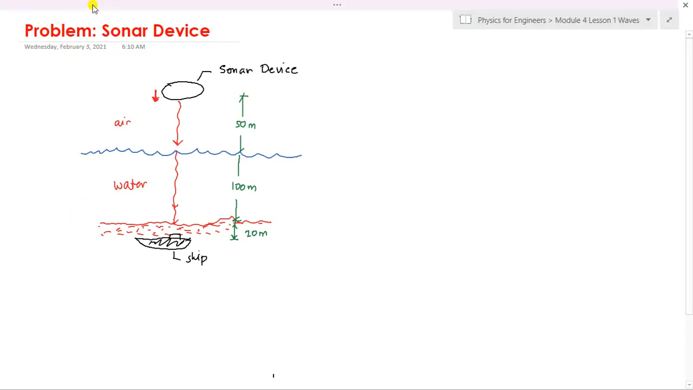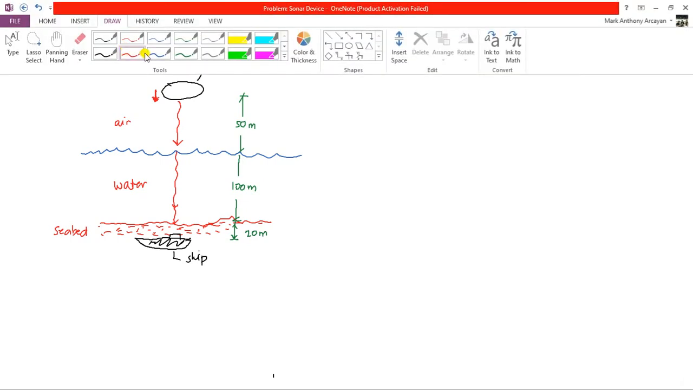This is a nice application. This is the seabed. Again, the question here is